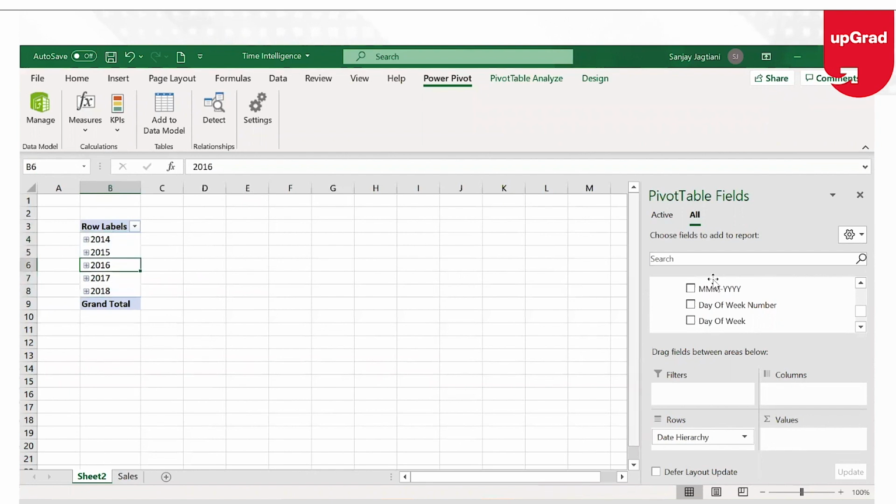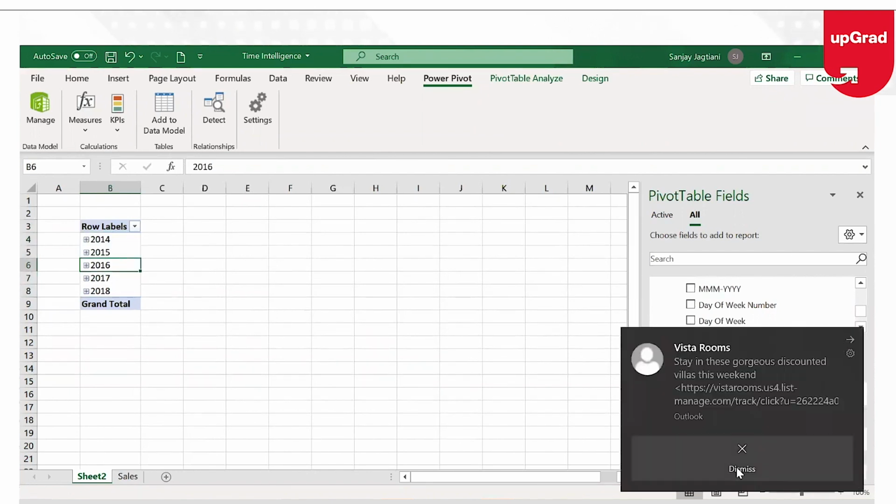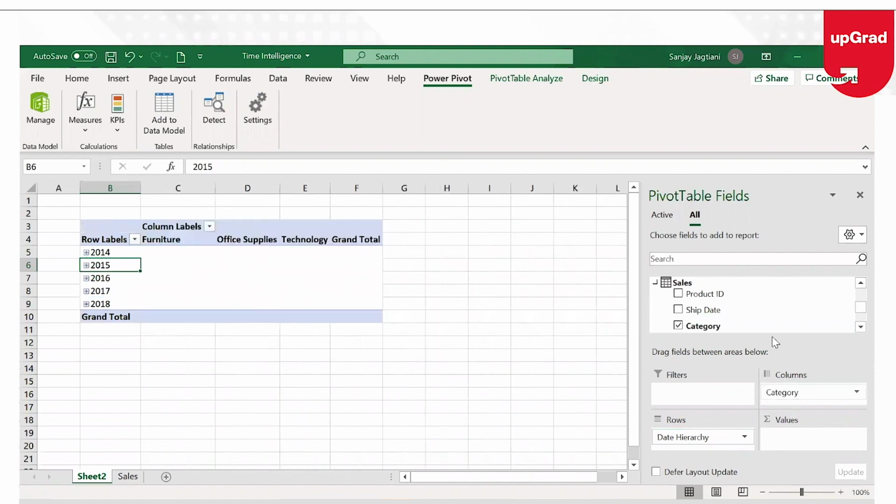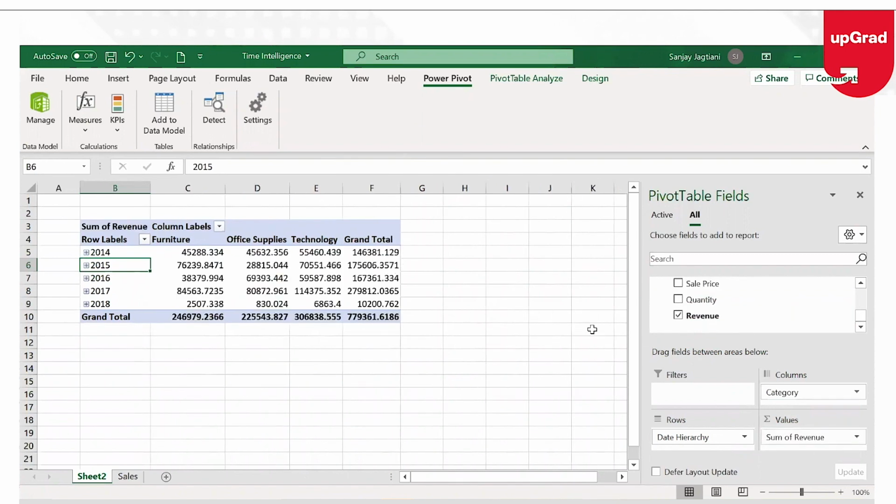Now that you have this, you can pick up any information in this regard from the link table. What is the link table that we have here? That's the other table that we have. That's the sales table. You can pick up the data from here, the category or any data that you are looking to pick up, and you can put it where you have the information. And now you can also pick the revenue from this and put it in the values, and the information that you get is according to the year only, where you are trying to group that information.